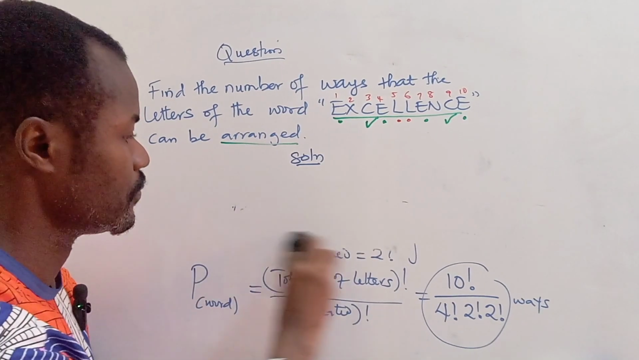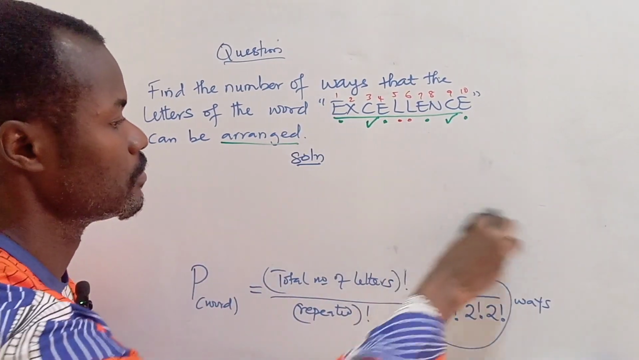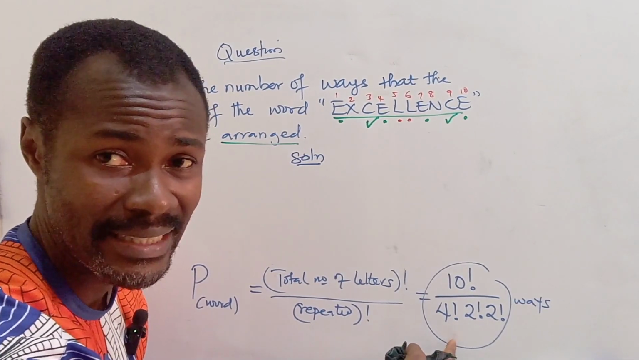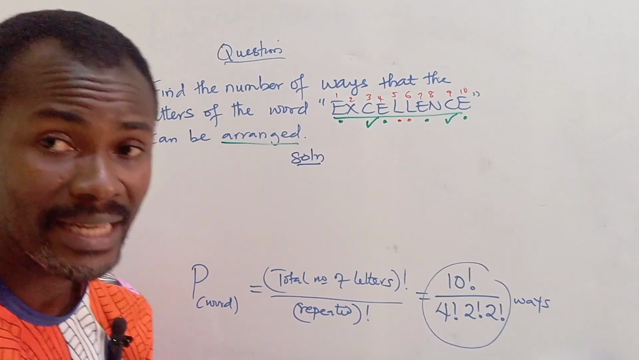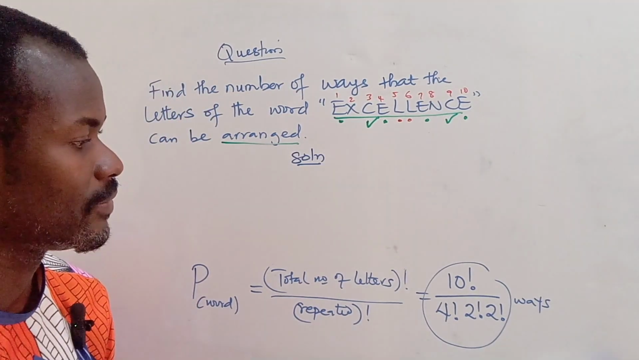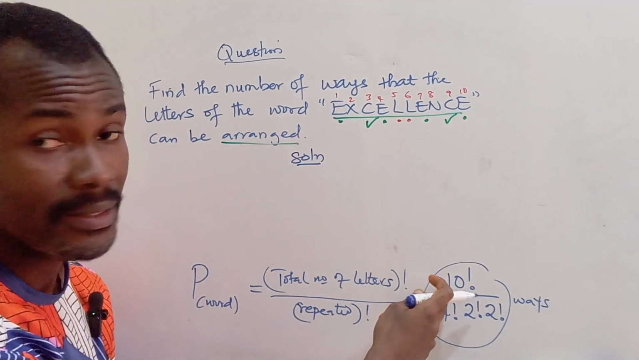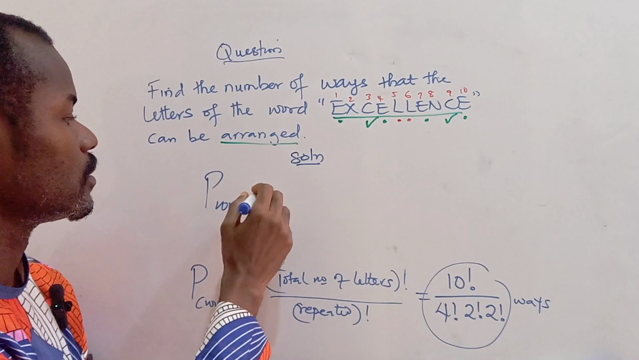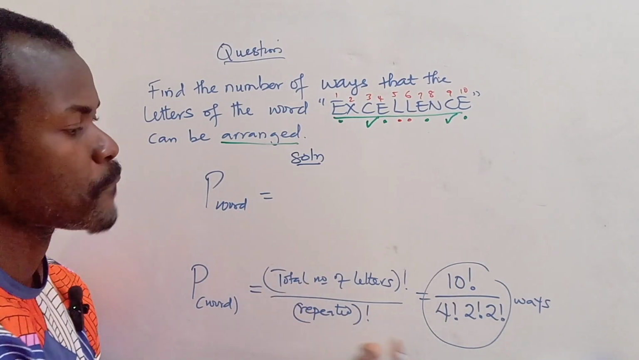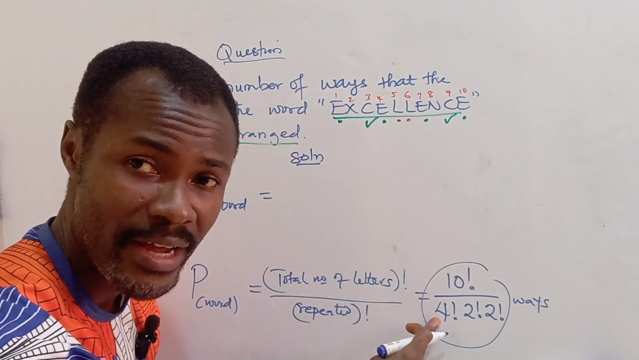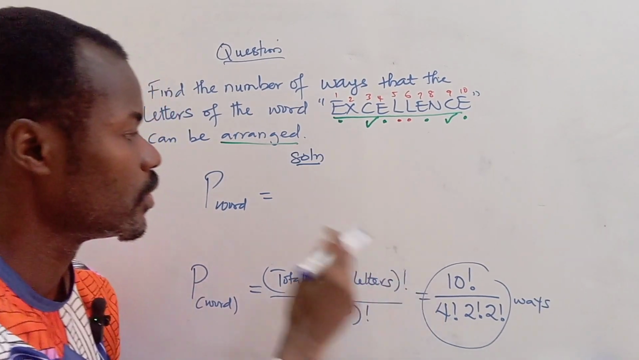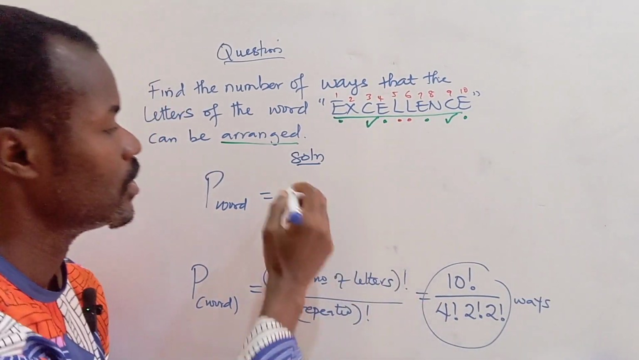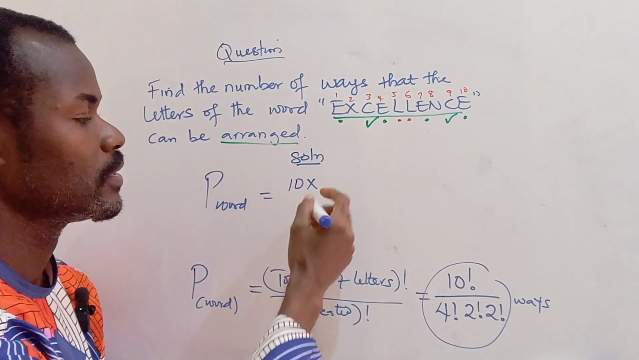But in case of your exams, your answer may not be written in this form. So we have to simplify this into a large number. Let's see what this gives us. Now for this, the permutation of the word is going to be, since we have 4 factorial as the highest at the denominator, I'm going to reduce this down to this. So it's going to be 10 times